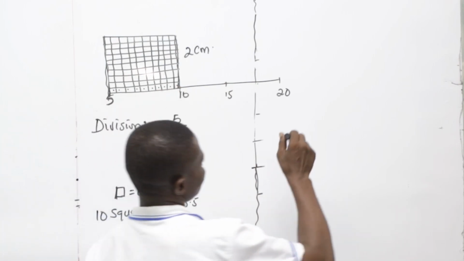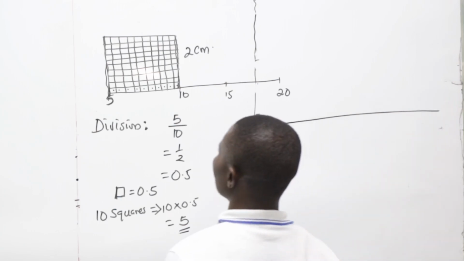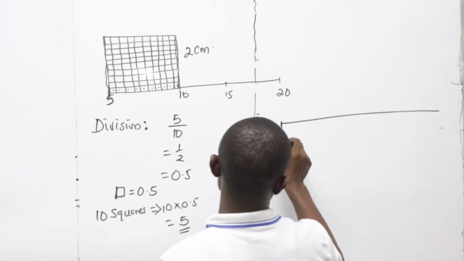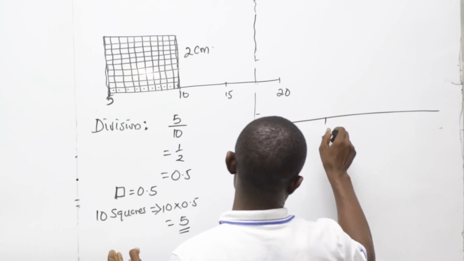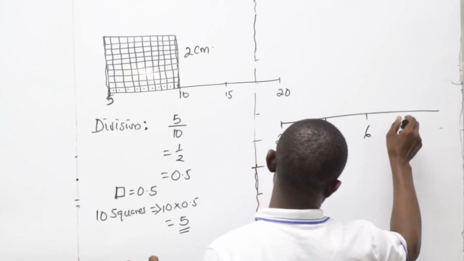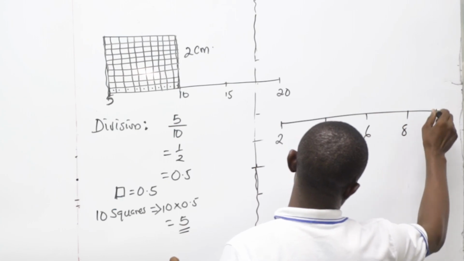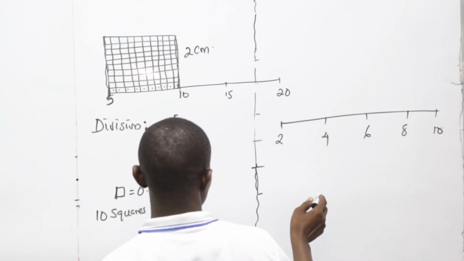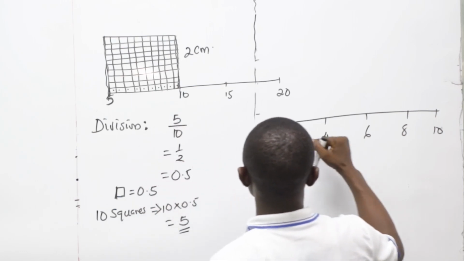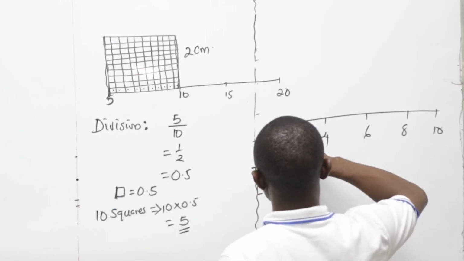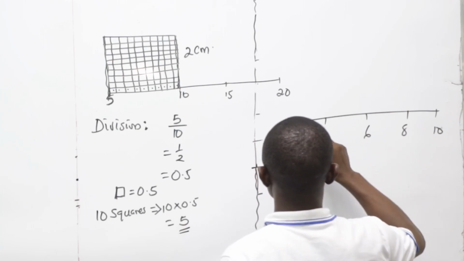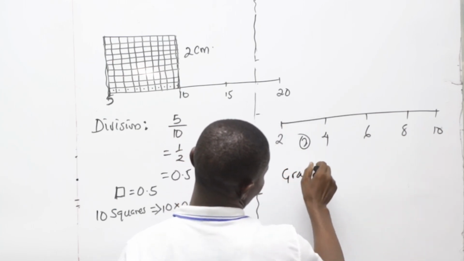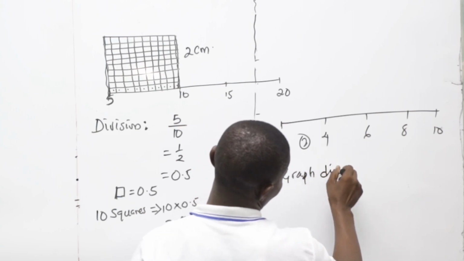Another condition is if your scale is 2 cm to what? 2 units. 2, 4, 6, 8, 10. No issue. All you need to know, what is the difference between the first number and the second number? It's just 2. Now your graph division here, graph division